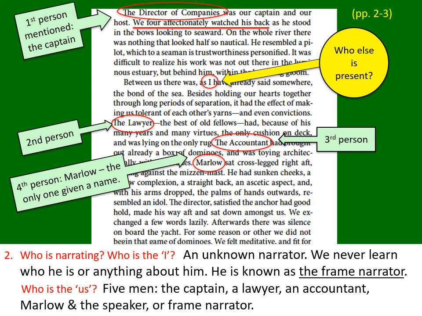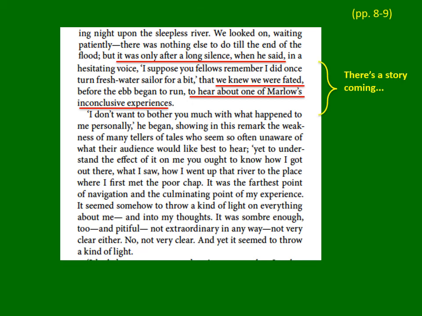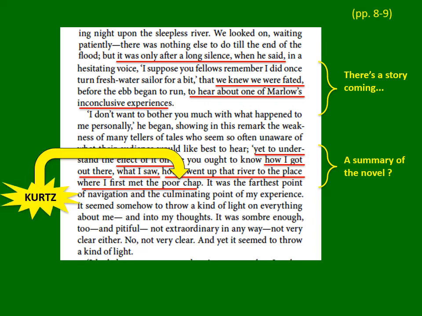A little bit later, we have again a discussion about Marlow starting to speak. He's going to tell a story. There's a story coming. He's interested in the effect of the story on him. It's almost a summary of the novel when he says how I got out there, what I saw, how I went up that river to the place where I first met the poor chap. We talk about the fact that the poor chap is Kurtz, who is in fact